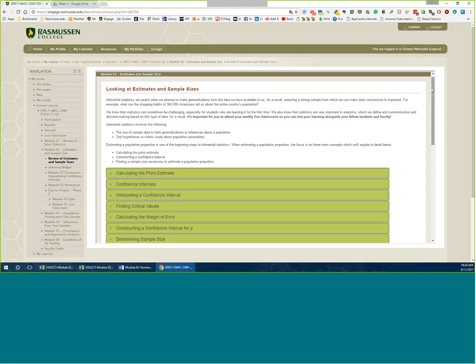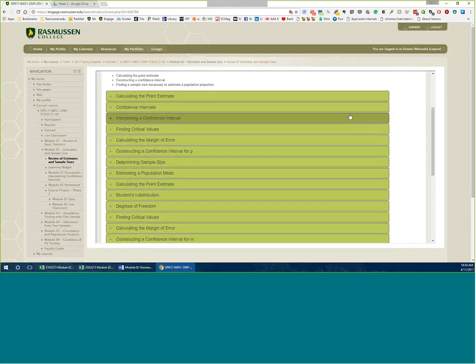The steps we're going to be taking are listed here. The ultimate goal is to figure out the confidence interval, and that involves things like finding the critical values and the margin of error, and I'll show you how to do that. We begin by calculating the point estimate. The second part is that in order to have a good sample, where the sample size is big enough for us to make a good estimate, there's a minimum number you need to have. So I'll show you how to calculate that, determining the sample size. If you're doing this in the real world, what is the minimum number of people, for example, you need to survey in order to make your